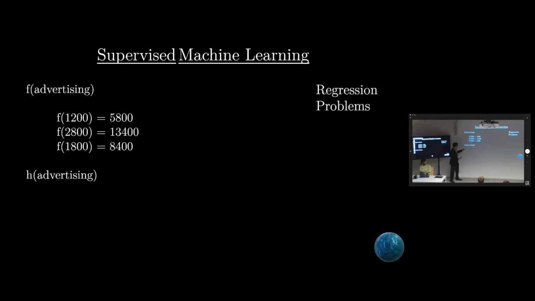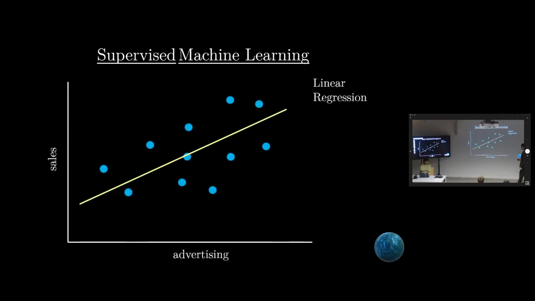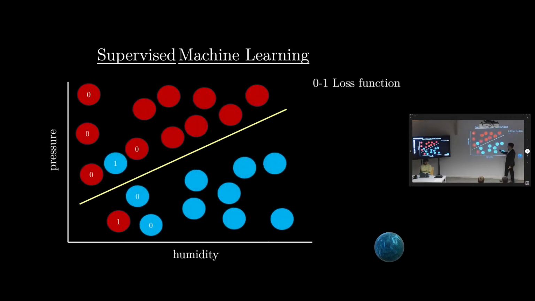And again, I want to find an approximate function, a hypothesis function, h of advertising, that would approximate the actual function. Which is very useful for businesses and for any people that work in a company, I would say. And linear regression still works. For example, you could find a suitable line that tries to approximate our data points. And then we need to know if our machine learning model is accurate or not. And there are multiple ways to know this.